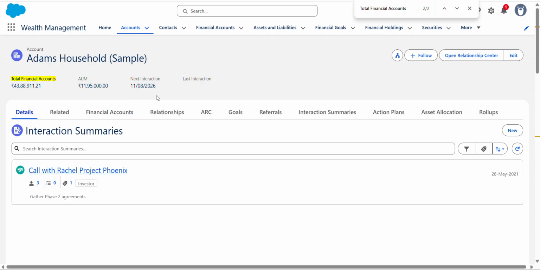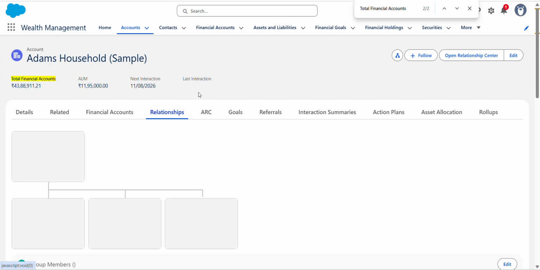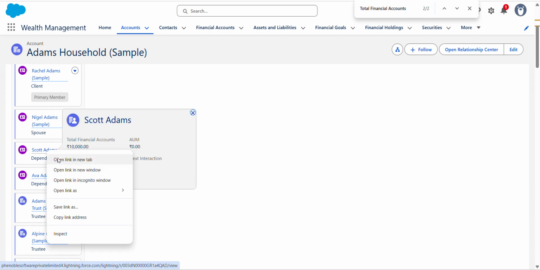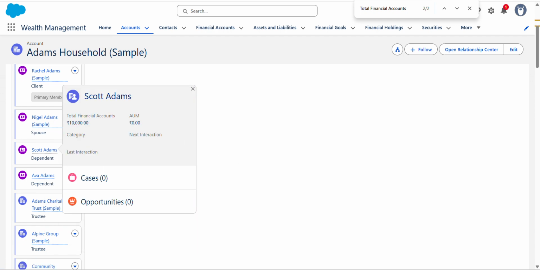Now let's give some additional money to Scott Adam. Go to the Relationship tab and open the Scott Adam account record from here.